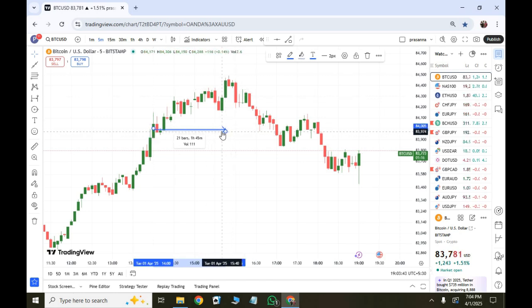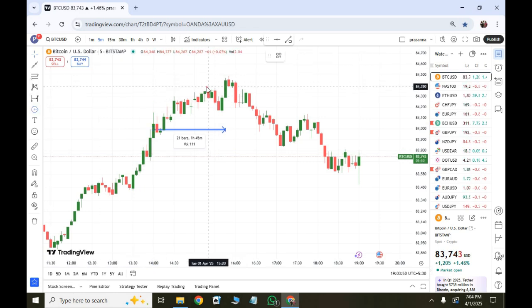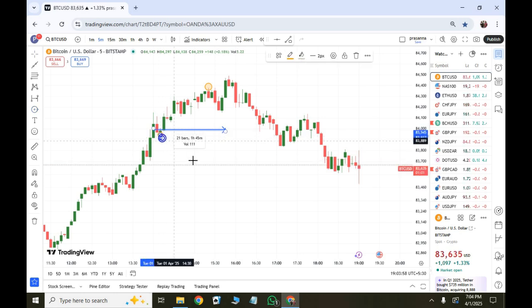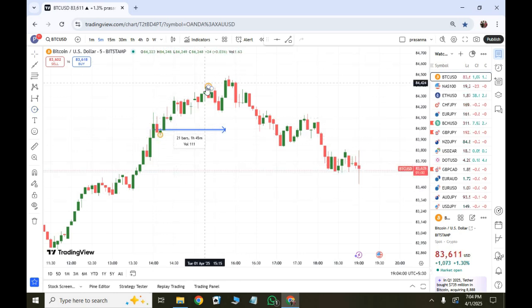In this range the highest value is here, so it gets this coordinate, and the lowest is here. That is saved in two variables, and we wait for another 15 candles